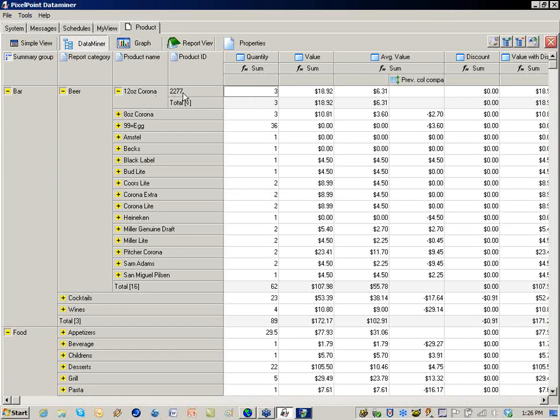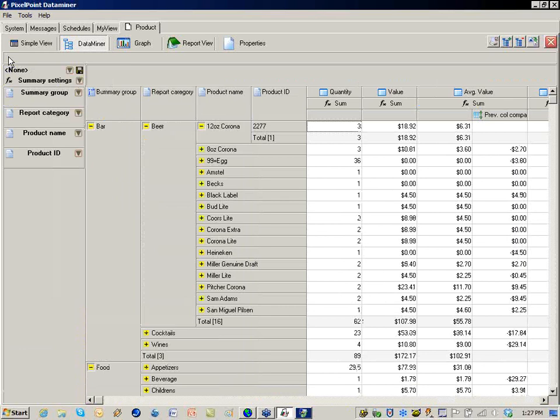All right. Now, some other things you can do with this as well. First of all, if I come over to the left-hand side, you'll see this little icon that shows up next to summary group being the primary group for this. Now, if I select on this little thing, it says here, hide pivot panels. Now, if I select on this, what it will do is unhide the pivot panels and basically put me into whole freestyle mode for my reports. So I'm going to select on this and take a look at this. I have all of these new tabs that have just shown up in here now pertaining to this report. And in here, they are summary group, report category, product name, and product ID,